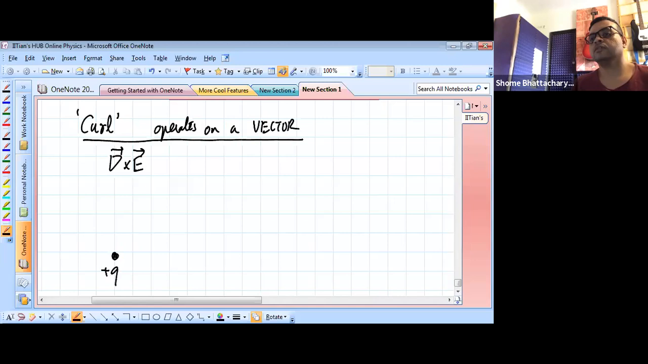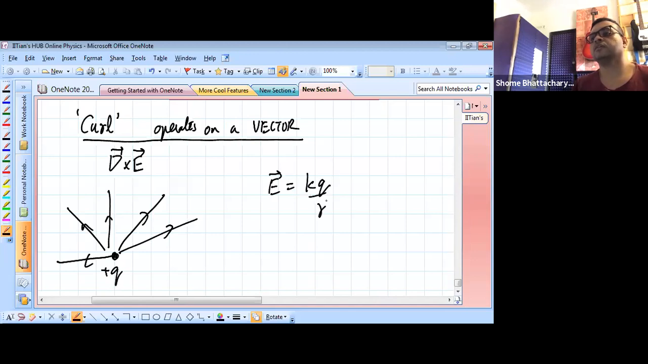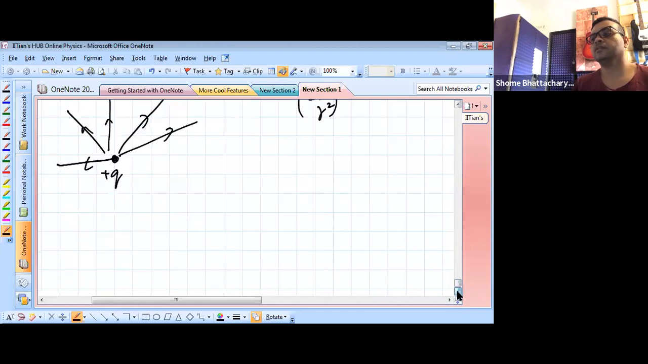For example, you have a single charge. You can see the electric field is like this. So the electric field is given by kq by r square r cap. So if you were to see this on a 2D plane, suppose you have kept the charge particle on